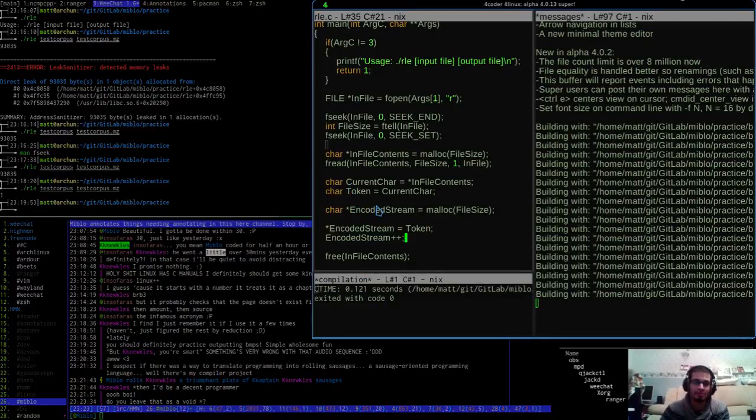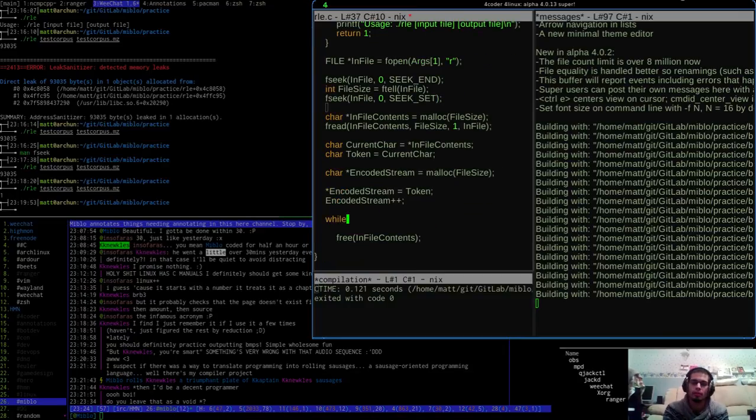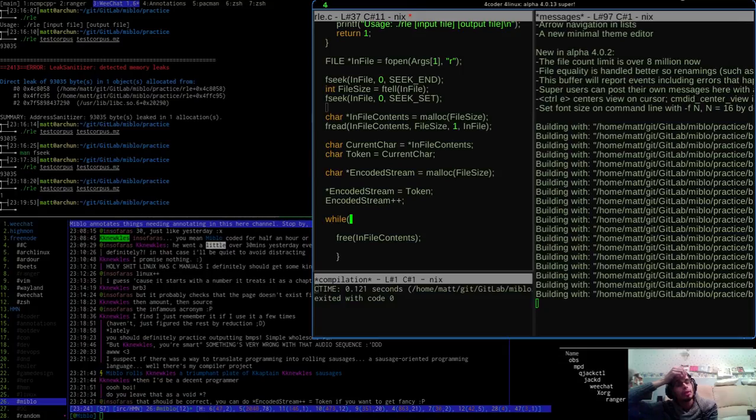I've got no idea. That should be correct. You can do encoded streams. Ah, right. Okay. So it sets it to the token and then increments, I presume.